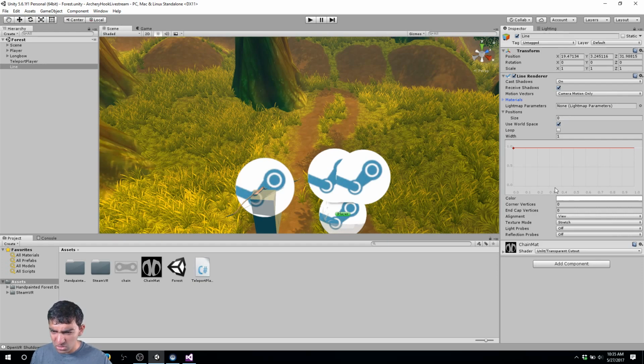The other thing I want to do is set our width to be like, I don't know, maybe 0.1? Yeah, I think 0.1 actually works well. Let's go ahead and do that. This is, I think, a recent addition to Unity, that you can change the width throughout the whole line. I think in the past you used to be able to set the start and end, but now you can change it anywhere. So you can kind of make it a nice parabola,